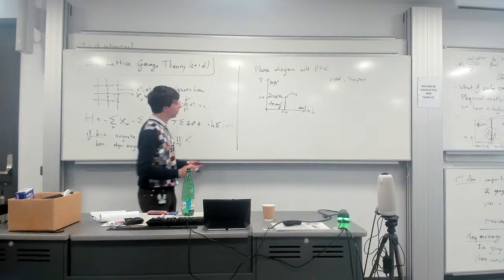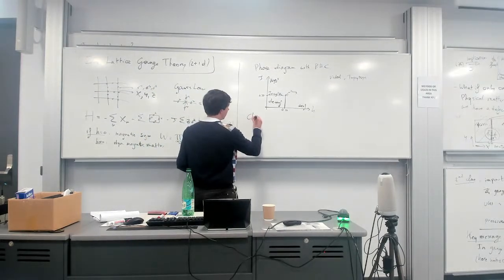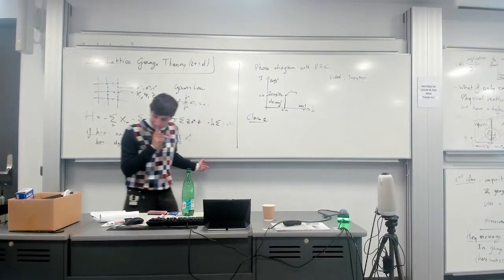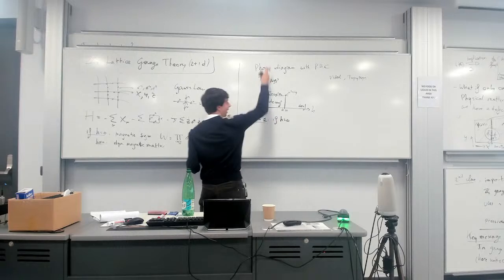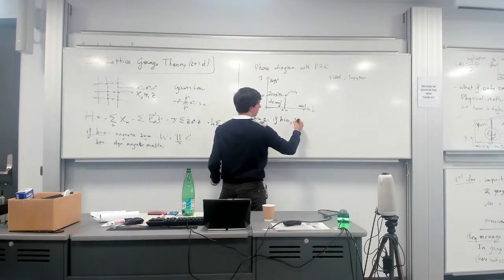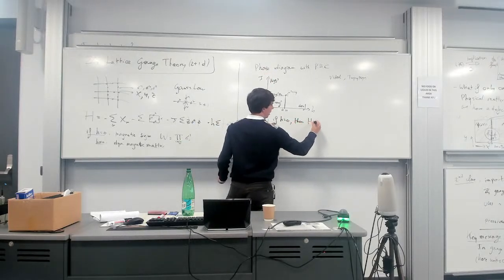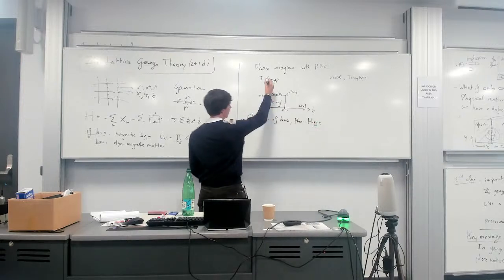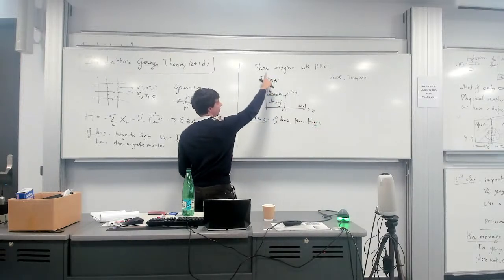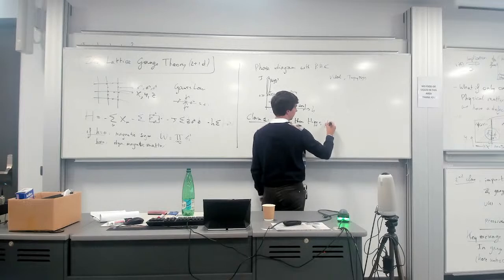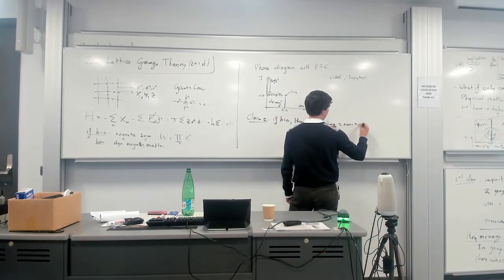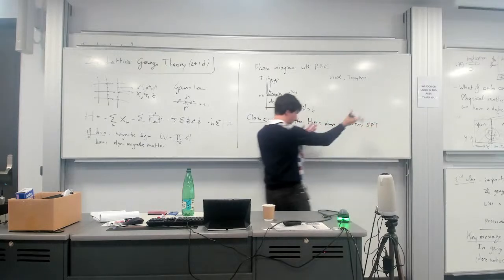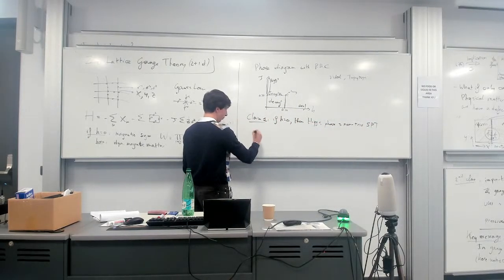okay. So claim 1, I want to be precise here. If h is 0, so if we're on the y-axis, then the Higgs, and by Higgs I very concretely mean this region here, the Higgs phase is a non-trivial SPT. Now, of course, I'll unwrap this in a moment. And then claim 2,